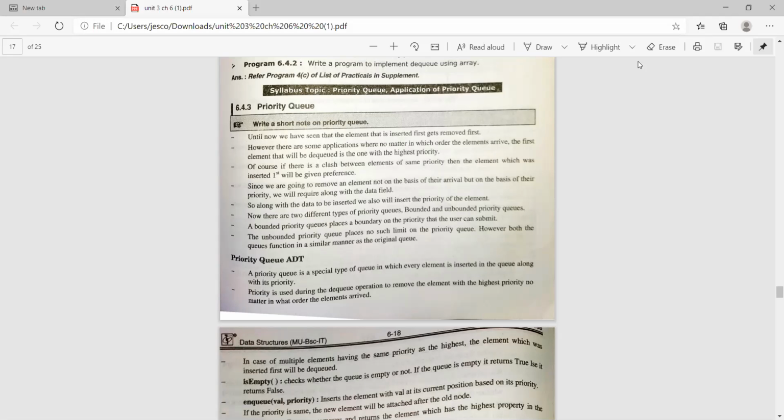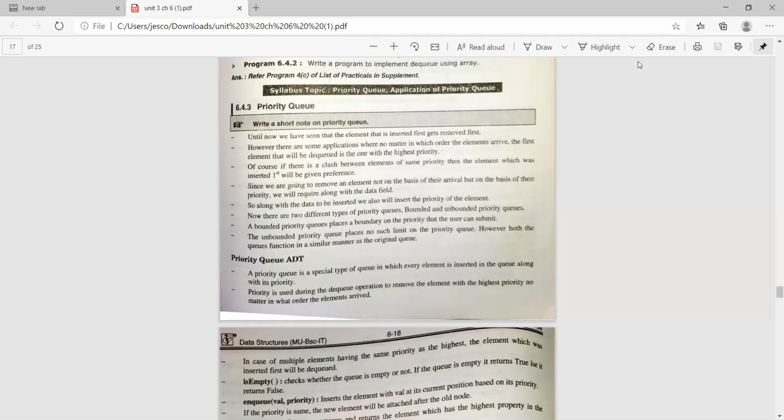That means the system gives you a restriction or boundary, and only within that boundary can we give the priority to the element. That type of queue is called a bounded priority queue.